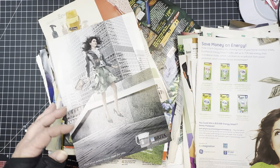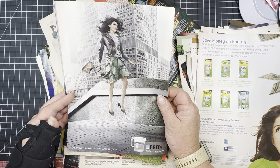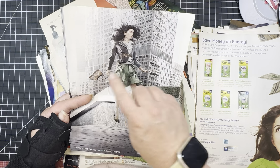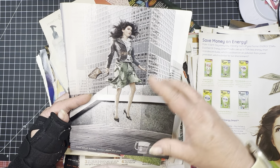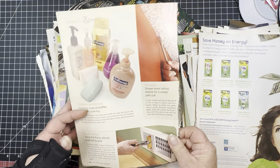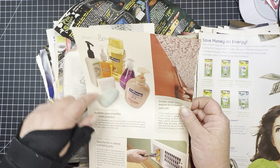It's garden related. This one may have to be a background. I mean, I'm going to put it in backgrounds, but I would fussy cut her, but you can't tell that she's off the ground unless you have it in context. I don't know. So I'm putting it in backgrounds. This one, I'm not sure why I kept. I was intrigued by the cluster of...